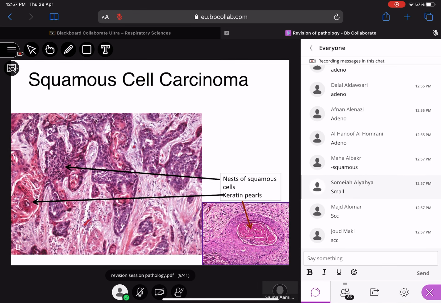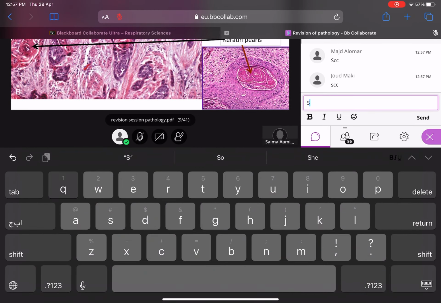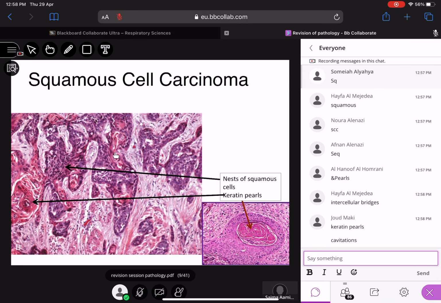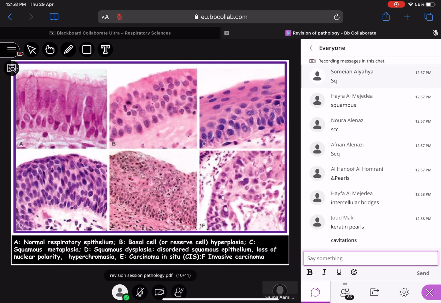So what is your final diagnosis now? You have that central lesion with central cavitation and these features. Diagnosis is squamous cell. Yes. What are the features of squamous cell? You have these keratin pearls, exactly, and atypical squamous cells, which can show these intercellular bridges, as you can appreciate. These are atypical squamous cells and keratin pearls. Yes, cavitation on the gross.